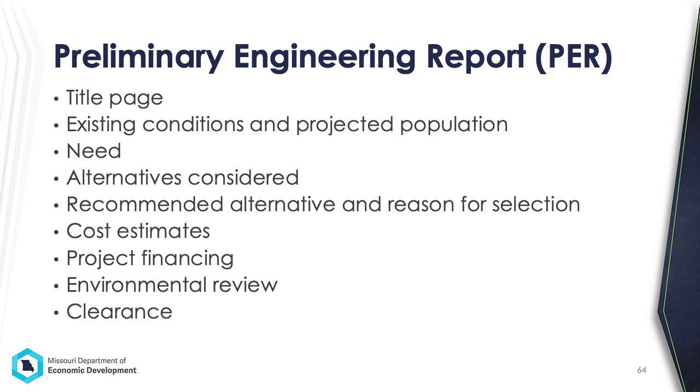We'll also need a description of existing conditions and the projected population of the proposed service area. A description of needs to be addressed by the proposed project, which includes the current status and any future needs. At least 3 alternatives that include a description of construction and anticipated ongoing operation and maintenance, the recommended alternative and reason for selection, the total estimated project cost and anticipated annual operation and maintenance cost, an explanation of project financing, including how the project operation, maintenance, and any debt repayment cost will be paid,